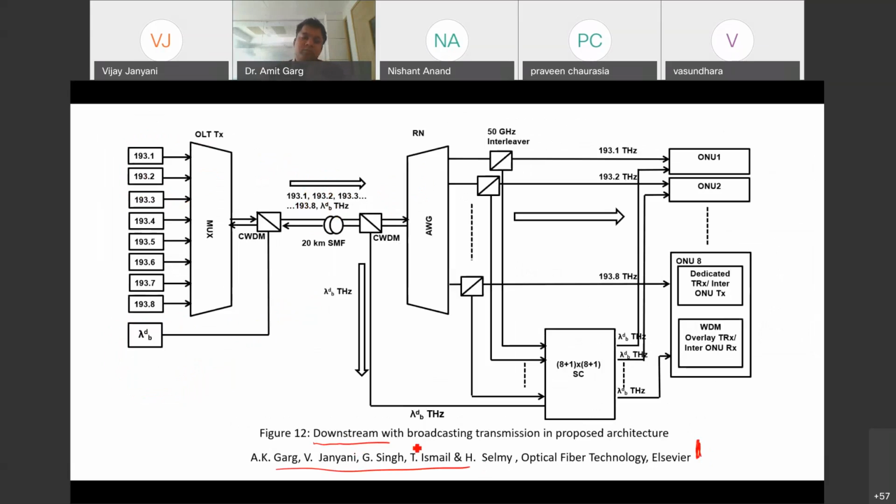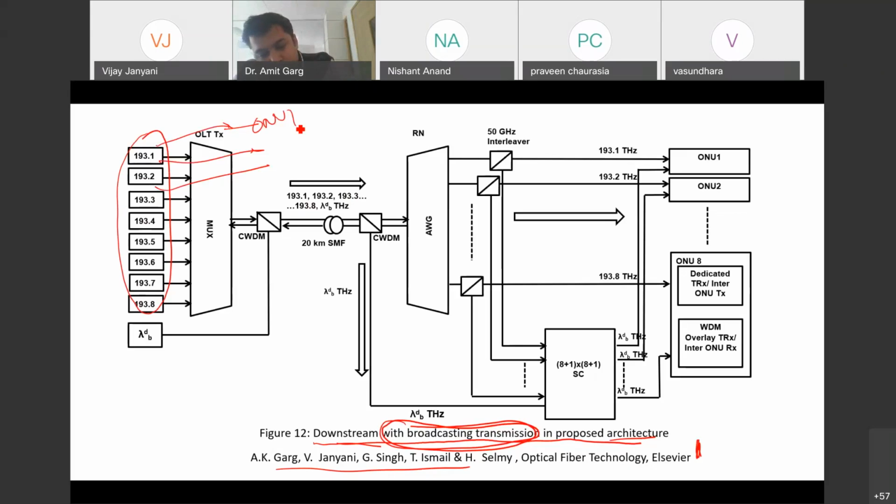So downstream transmission with broadcasting is proposed in this architecture. Earlier downstream was also there, but there was no broadcasting. Here, in addition to these 8 transmitters, which are point-to-point communication with ONU1, ONU2, and so on, there is another transmitter called lambda DB, where B is for broadcast and D is for downstream.